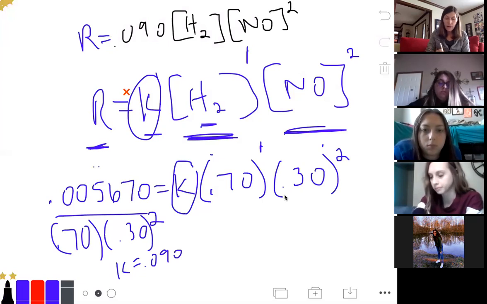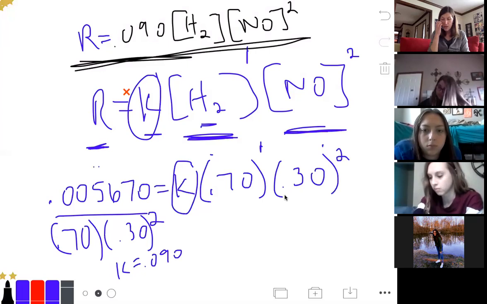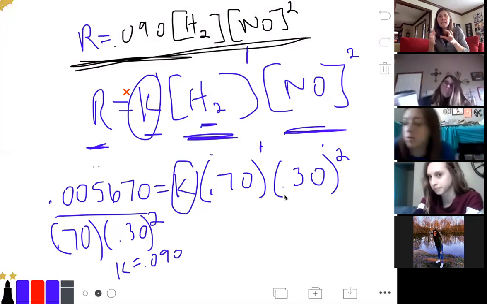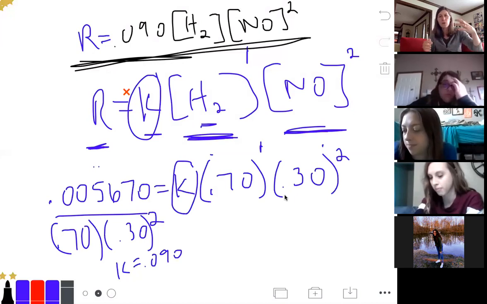Squared. So that right there is the actual answer to that question. That is the rate reaction for that. I know this seems like it took a long time and it was really hard, but when you understand it, it won't take you that long and it won't be that hard. It's just like riding a bike. It feels really, really hard because you're trying to move everything together and coordinate it. So don't feel like my homework's gonna take me